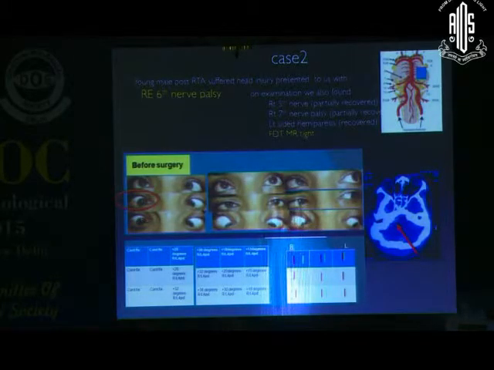This is case 2. He was a post-traumatic pontine syndrome. He had multiple nerves involvement along with hemiparesis. In this patient, you can see there is an esotropia of around 20 degrees in the primary position. He was not able to fix with the right eye. The eye was not going beyond midline in the dextro gaze. And we did an FDT for MR, which was tight. So we have to do an MR recession, along with a transposition procedure.